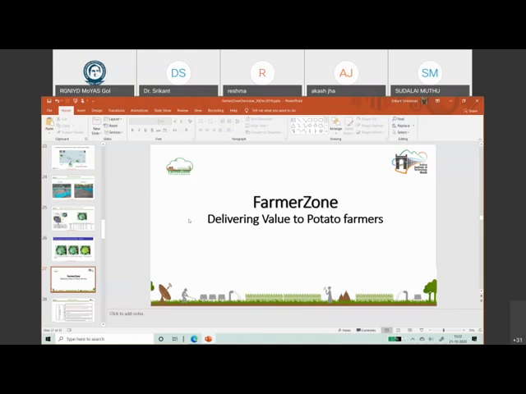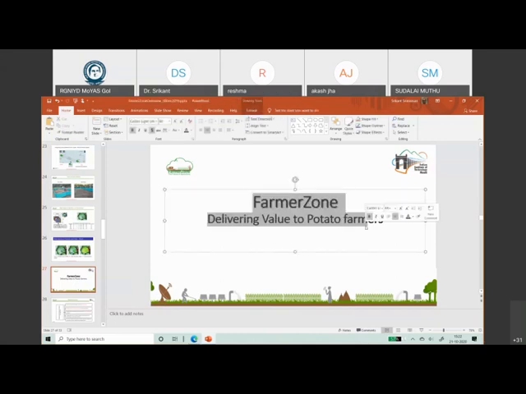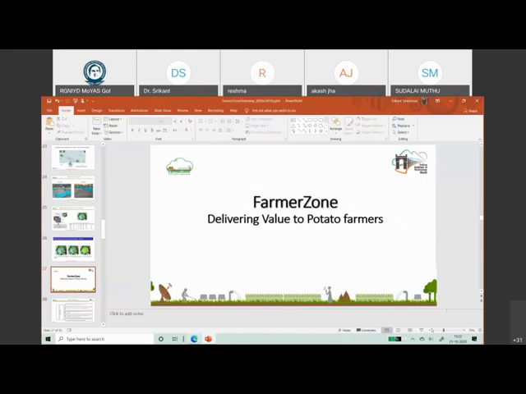The experience with the farmers is that normally, if you have this smartphone kind of system... okay, so let me talk about Farmer Zone. The questions you're asking about the farmer are all going to be addressed in this part of the talk. This is about delivering value for the farmers. And if I don't address any of those, we'll take it up.